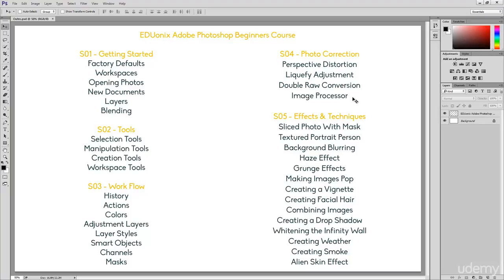We also got to have some fun in Photoshop with special effects and techniques, creating a sliced photo and textured person, how to isolate and blur a background, creating a haze effect and grunge effect, how to make any image really pop, creating a vignette, making facial hair from scratch, combining two images together,